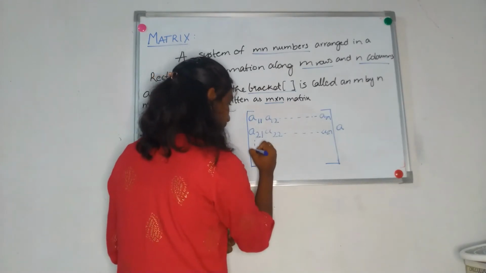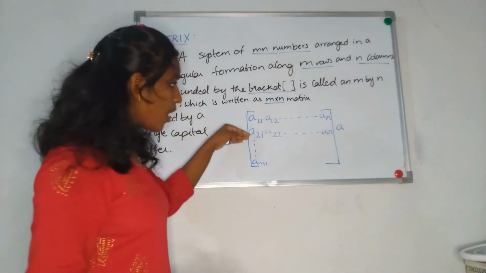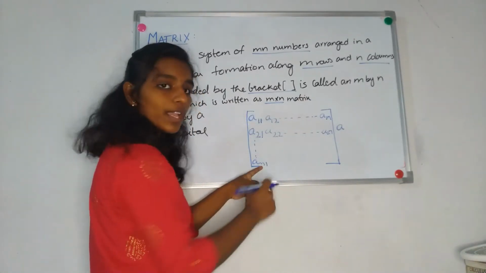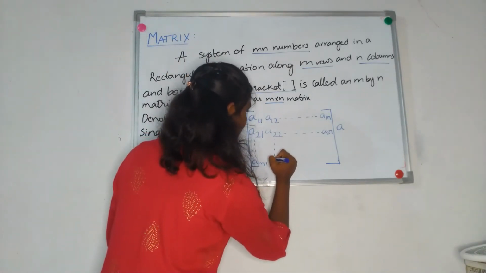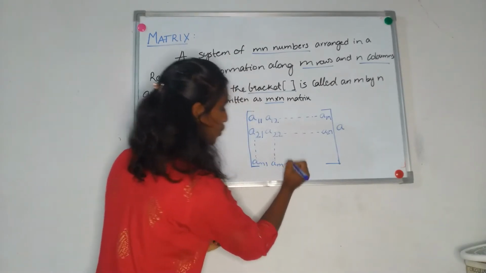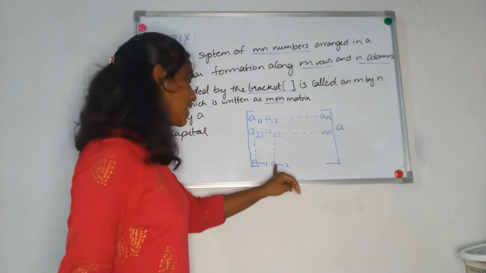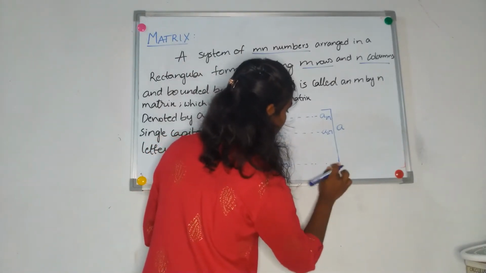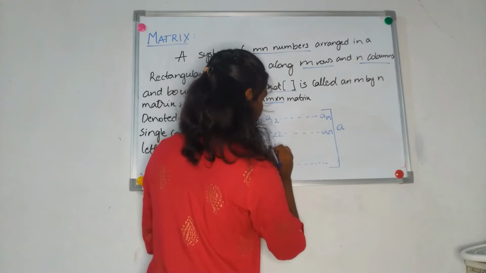In the same way these will vary, and this will become am1. Why? As you move on, first row, second row, and so on, you have m rows, right? So am, and the column is the first column, so am1 will be that term. In the same way, this will become am2: the row is the mth row, but the column is the second column. So that term will become am2. In the same way, you will have the terms, and let me write the final term. You have many terms here.